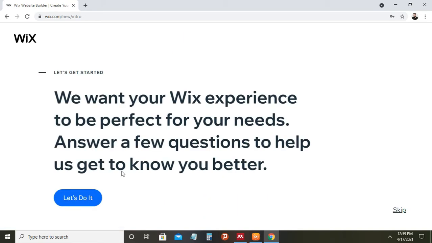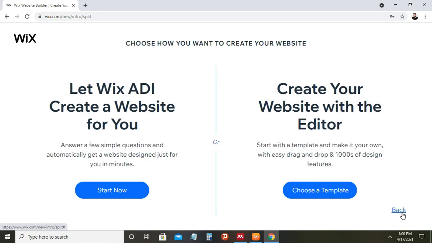Now on this page, we want your Wix experience to be perfect for your needs. Answer a few questions to help us get to know you better. So let's do it. You can skip this page. I can click on the skip button, and on the next page you have two options: let Wix ADI create a website for you, and create your website with the editor. So you can choose a template or you can start now. So I can click on start now,